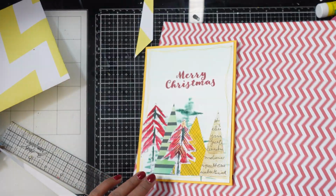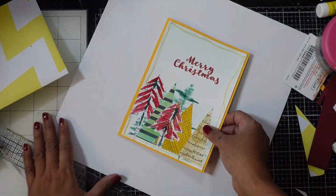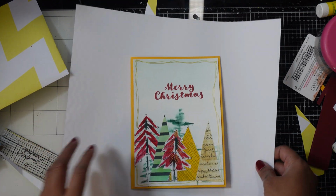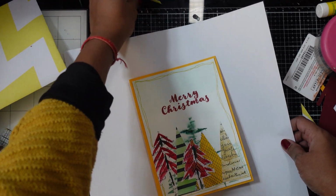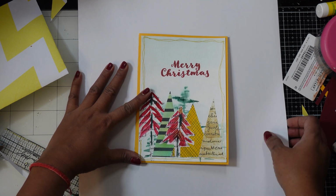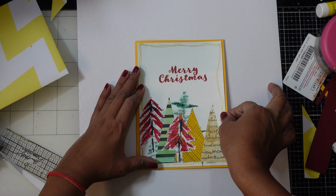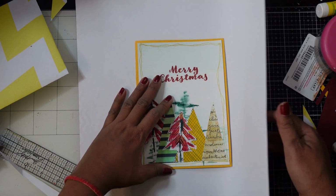So rather than doing the square thing, I thought let's make a tall envelope, something like that, which I also enjoyed a lot. And it's also very easy to make. It is kind of a paperback package envelope. So if you have a scoring board, you can use the scoring board. If you don't have one, you can just put your card here,